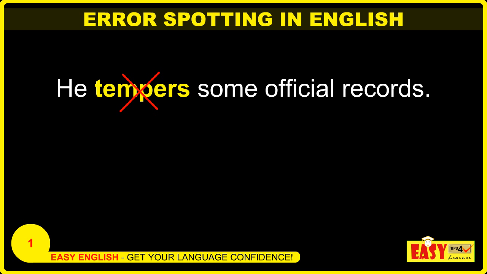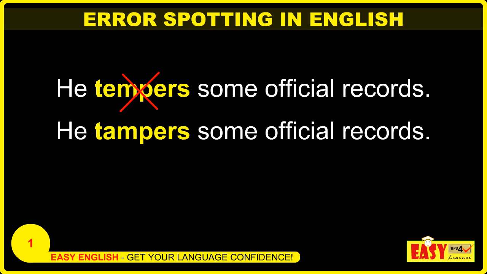So what would be the right usage? He tampers some official records. What do you mean by tampers? Manhandling wrongly. Maybe the particular person took the record, tore it, or dismantled it, or threw it away. It should be in that way. He tampers some official records, meaning that he manhandled some official records. The spelling should be tampers. Temper denotes mood. Tamper denotes manhandling wrongly. So he tampers some official records. So that would be the correct answer.